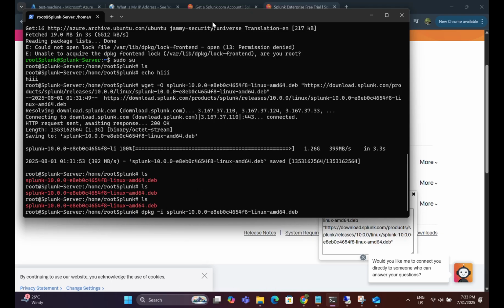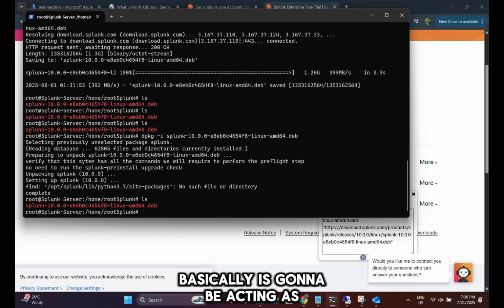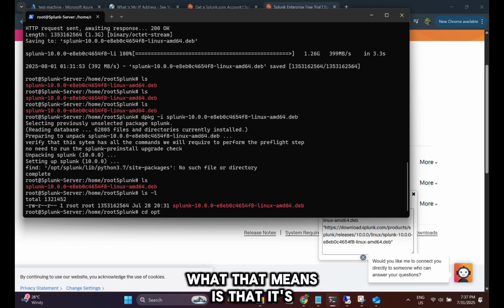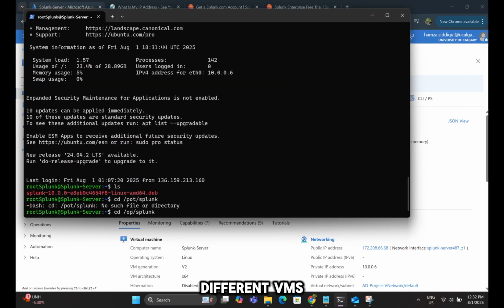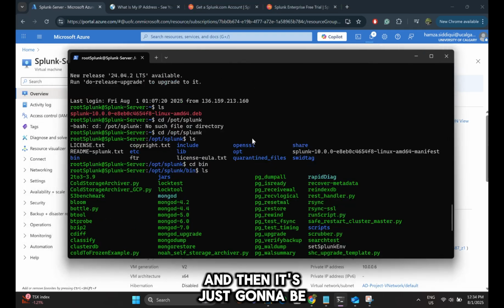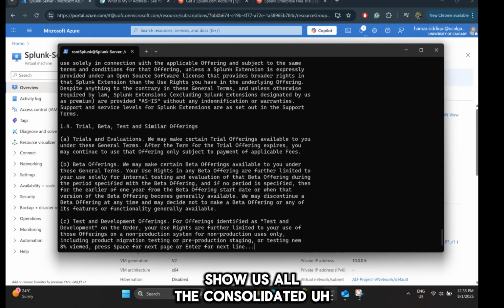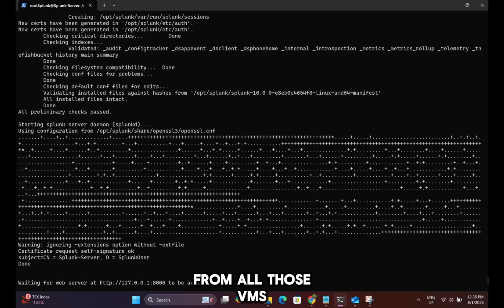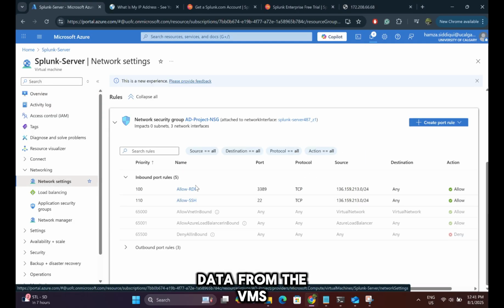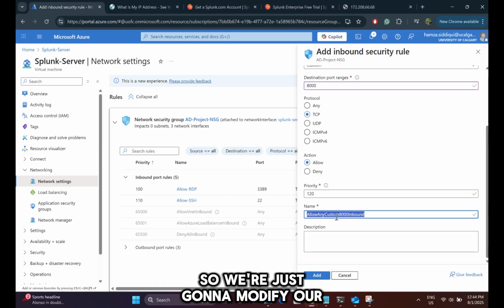Yep, there we go. Okay, so this Splunk Enterprise that we're installing is going to be acting as our SIEM. What that means is that it's going to collect all the data from the different VMs, and then it's going to be able to show us all the consolidated data from all those VMs. Okay, so we're just going to modify our network security rules so we can allow port 8000,